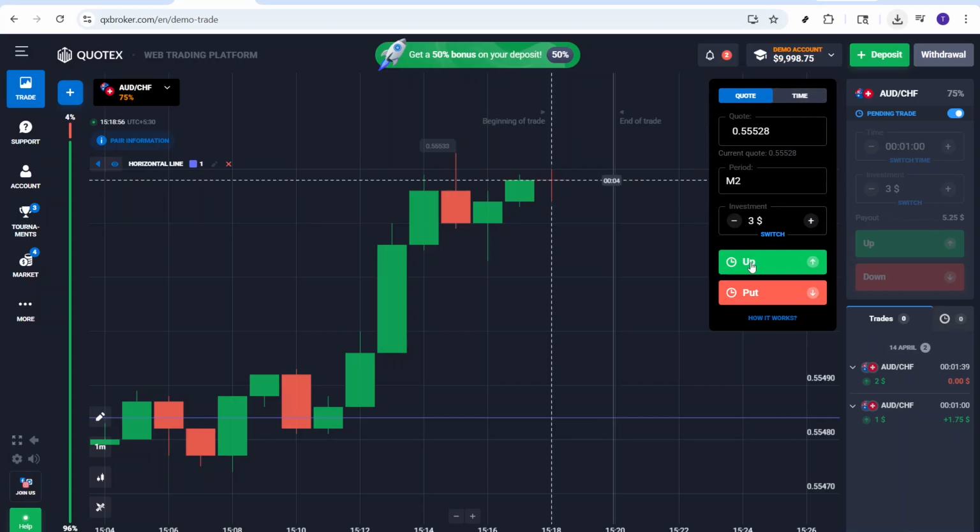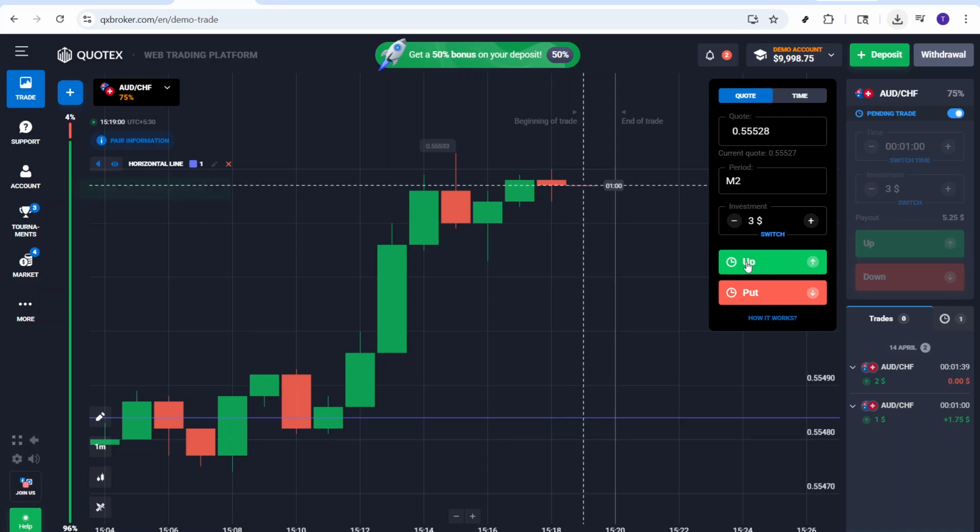Select Up. This confirms the direction of your view. Only choose up when your criteria are met. Maybe a trend confirmation, a breakout through resistance, or alignment across indicators you trust. Remember, even when you're confident, your risk is capped by your stake, so resist the urge to oversize. Finally,